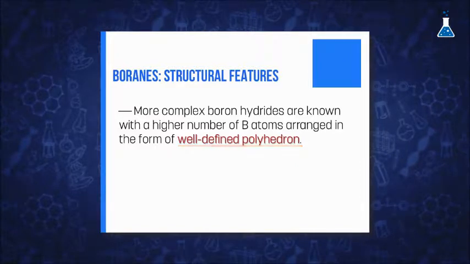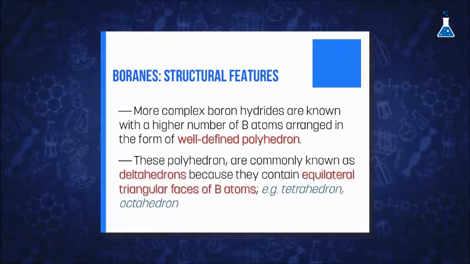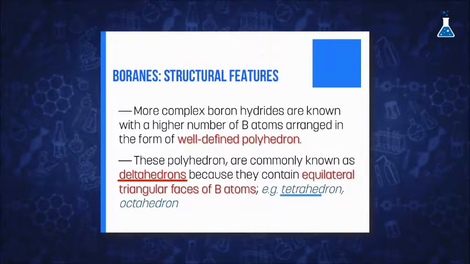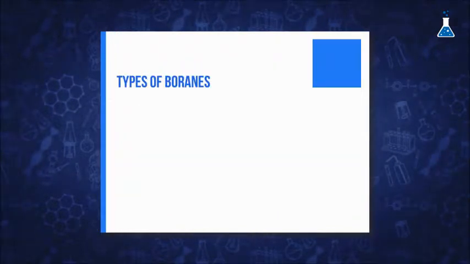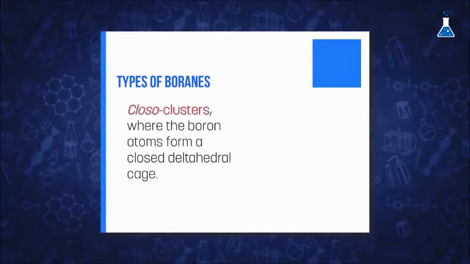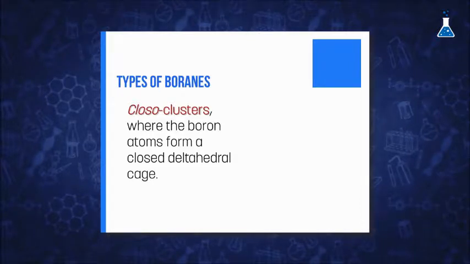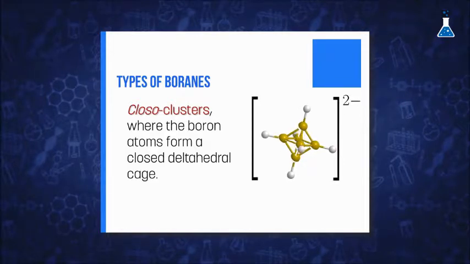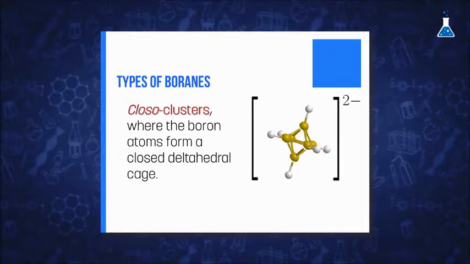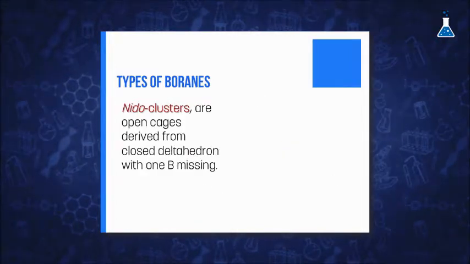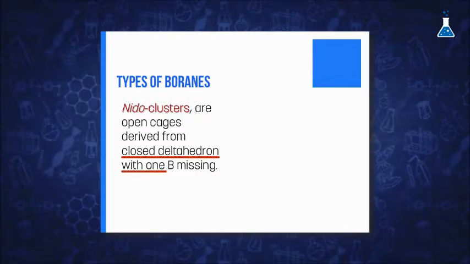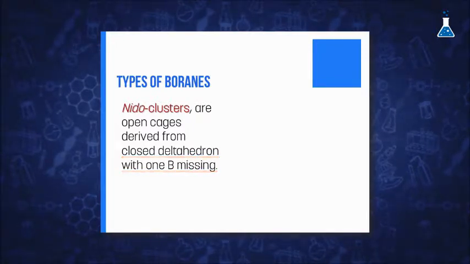These polyhedrons are commonly known as deltahedrons because they contain equilateral triangular faces of boron atoms, for example tetrahedron and octahedron. There are 3 common classes of boranes: closo clusters, nido clusters, and arachno clusters. Closo clusters are those where the boron atoms form a closed deltahedron cage, and the generic formula is BnHn2-. While nido clusters are open cages derived from closed deltahedrons with 1 boron missing, and the generic formula is